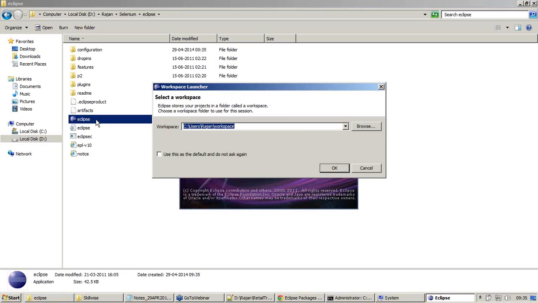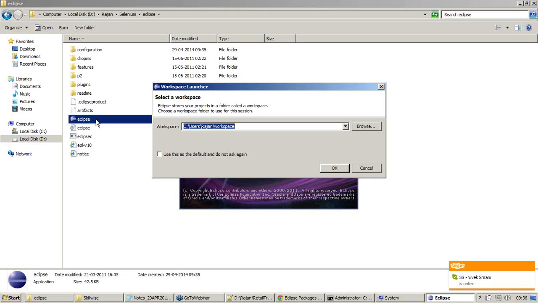The splash screen is displayed, and then it asks for a workspace. A workspace is a directory which can contain all our code, which means we can create multiple projects and all these projects can be saved into a workspace. With respect to the operating system, it is just a directory.